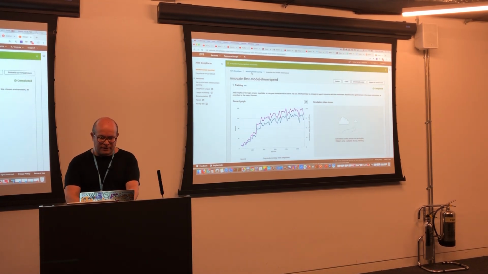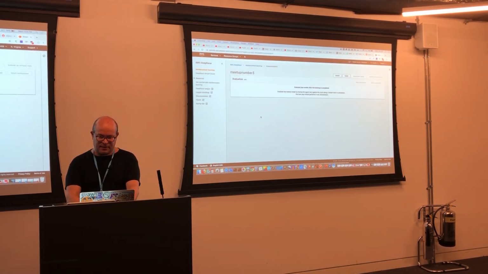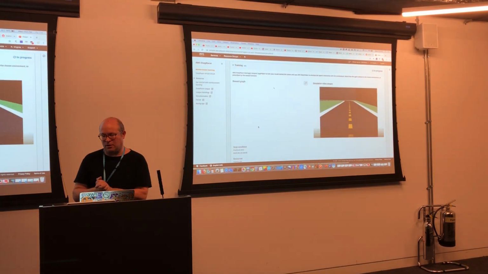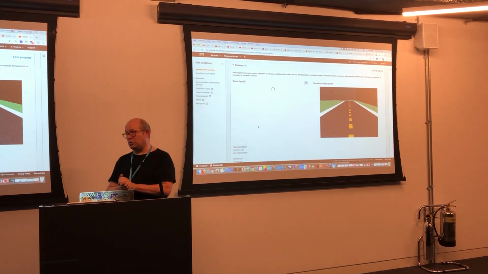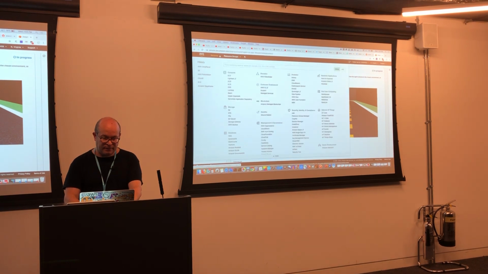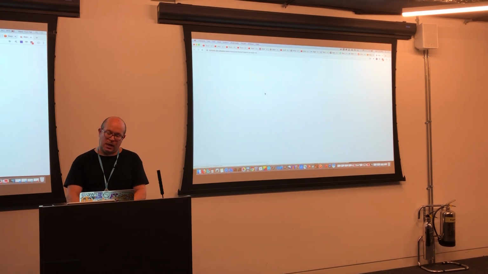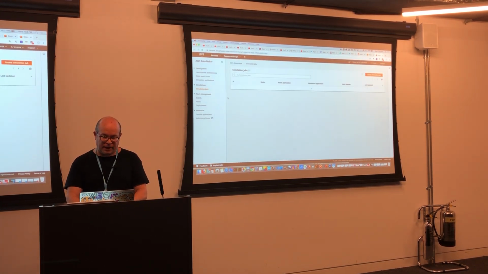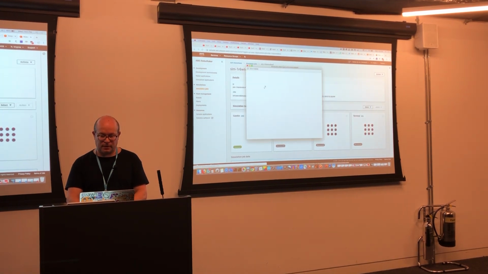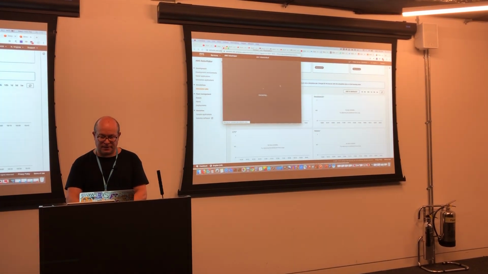So let's see if that's actually now started. You can now see that the service is kicked off. That's the bird's eye view of the virtual camera in the virtual car. Okay. If we look at RoboMaker, we can have a look at RoboMaker, and it's spun up an environment, and we can see